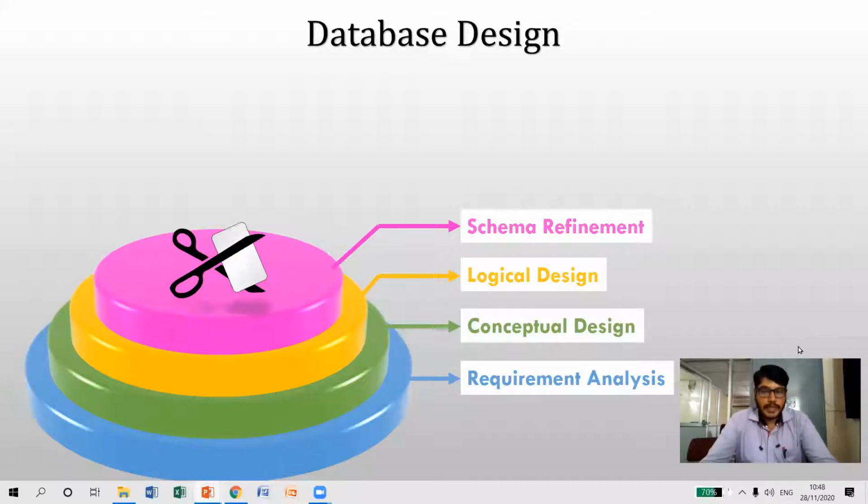Before creating a physical design, once again we have to check, is there any duplications? Sometimes there are chances of duplications. We may include the same columns in multiple relations. So at that time we have to apply the normalization process. In the normalization process, we have 5 different forms: 1NF, 2NF, 3NF, BCNF and 5NF. By applying these normal forms, again we are going to purify the schema.